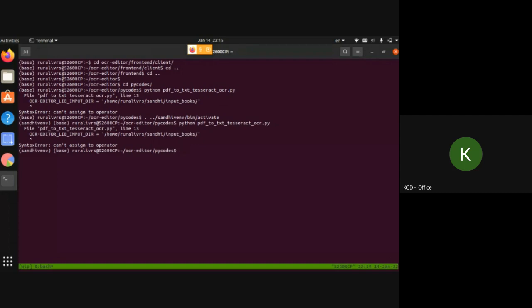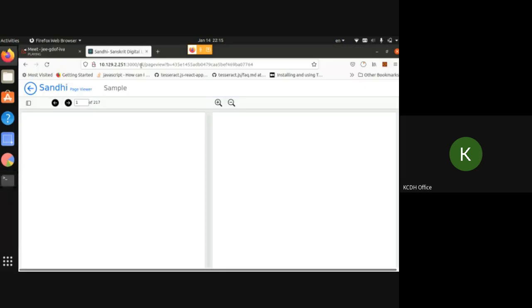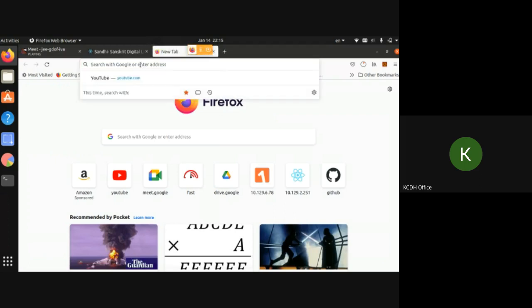I think the merge from Hitesh or Sudarshan may be creating something. I need to check it again. Yeah. Can you run from the original one only? There's an error in this code. Sir, in the newer version, we'll have to change that OCR editor in a lot of places. In some places there is OCR hyphen editor in the PyCode files, the Python files, and that's creating an error. Okay, because of the hyphen, yes. I'll check out the older version. Maybe that's the problem. I see. Yeah, that could be the problem.